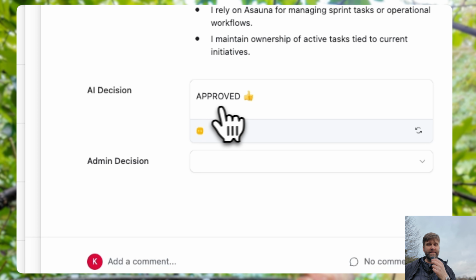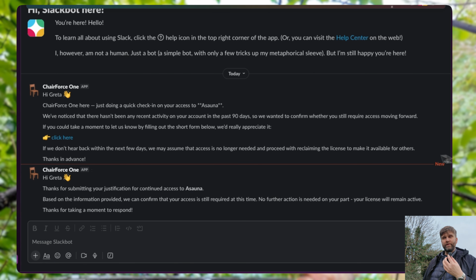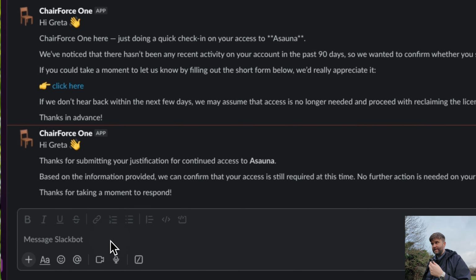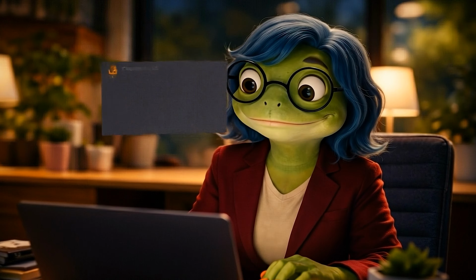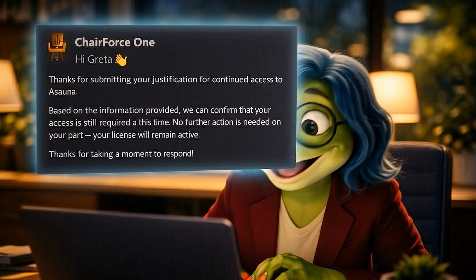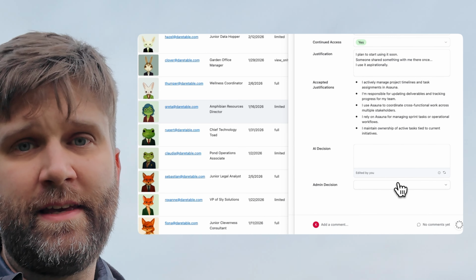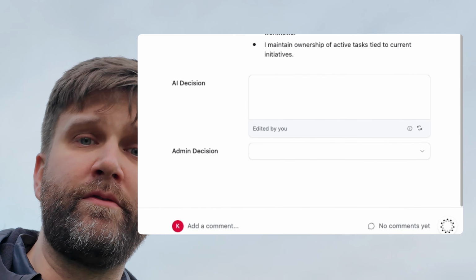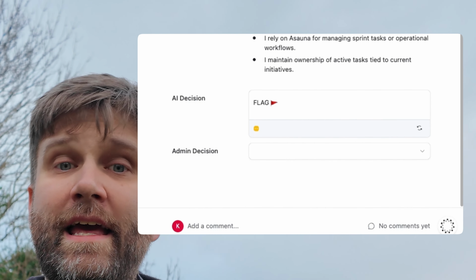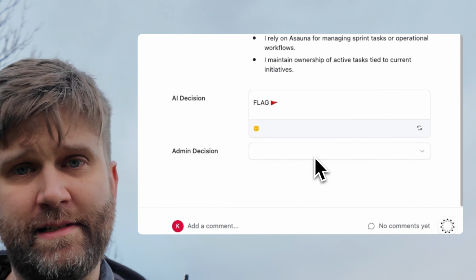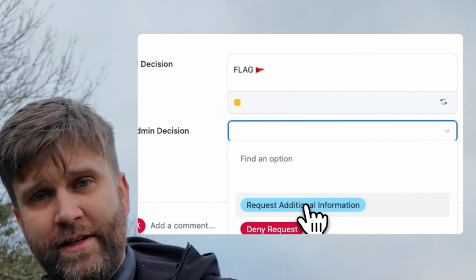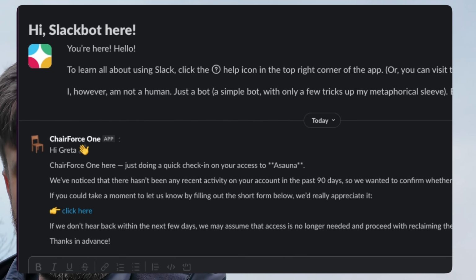If yes, then the system automatically indicates that they can keep the license. It reaches out to them and says, hey, thank you for submitting your justification. You can continue to have access, no problem. But in the event that the AI analysis deems that their justification is not sufficient or not enough information was submitted, it'll flag it for further review by the admin of this system. And then you as the admin can trigger additional automated follow-up messages to seek further clarification, or you could just